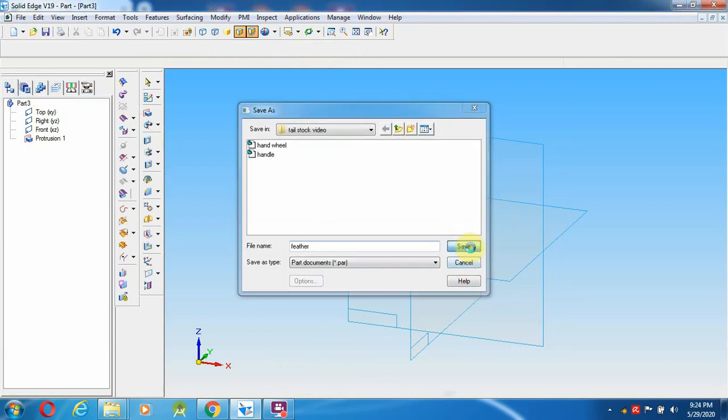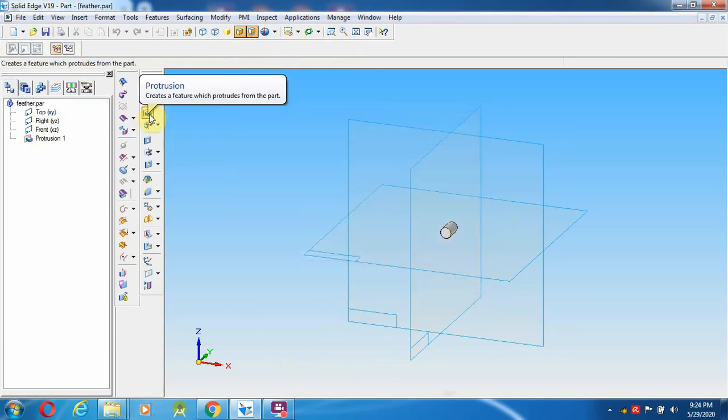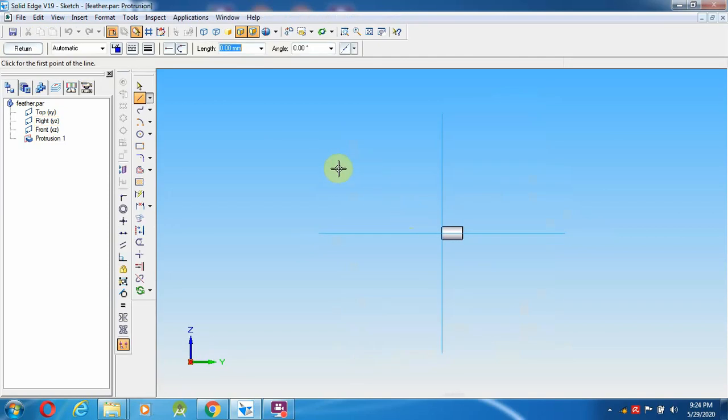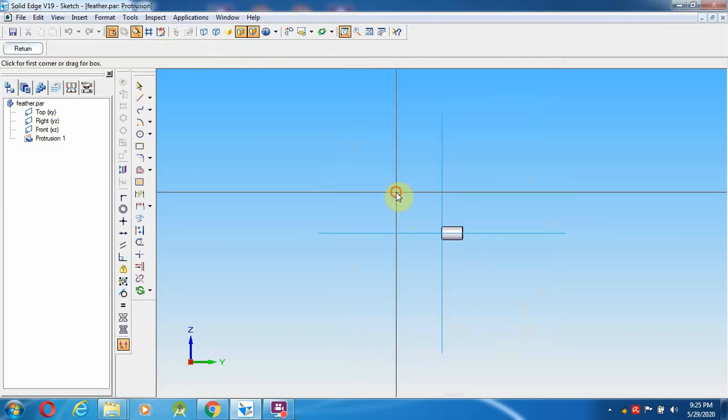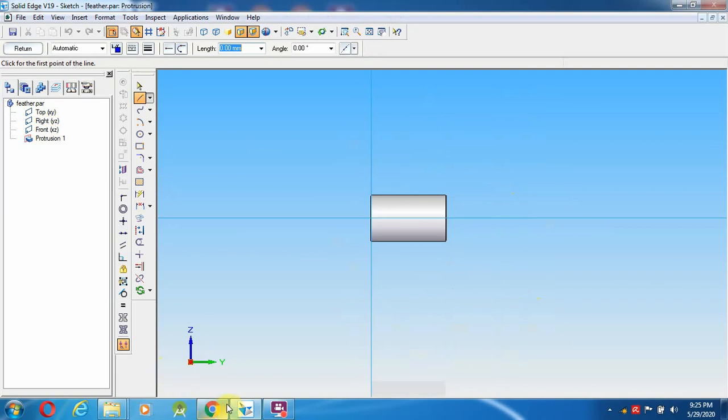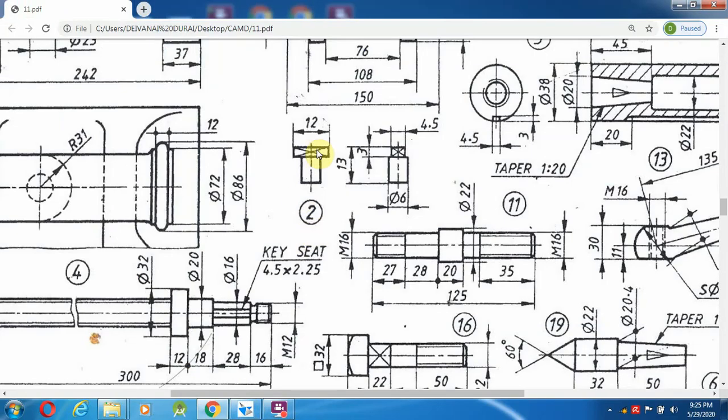After saving the feather, I am going to select the protrusion command and select the side plane. Here the height is 3 and the width is 4.5 mm.